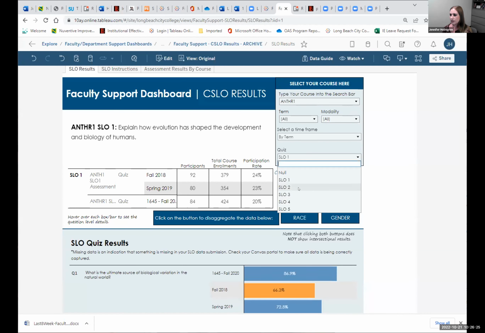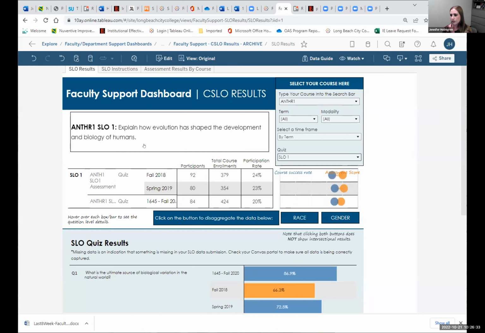And then we have which SLOs down here for Anthro 1 or any other course that faculty are looking at. So they can click on the specific SLO to see the results. For Anthro 1, their first student learning outcome is explain how evolution has shaped the development and biology of humans. And then we can see down here, for our first question in the analysis and action guide, we start kind